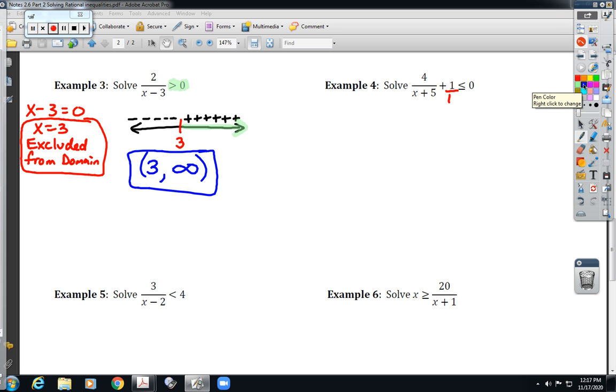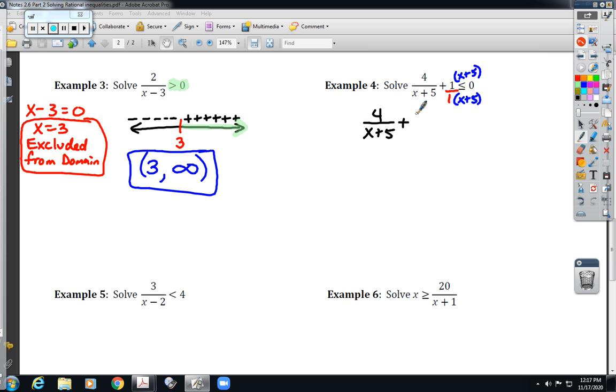So right now we have 4 over x plus 5 plus 1 over 1. To add two fractions together, we have to have a common denominator. That common denominator is x plus 5. So the bottom and the top of this fraction get multiplied by x plus 5,